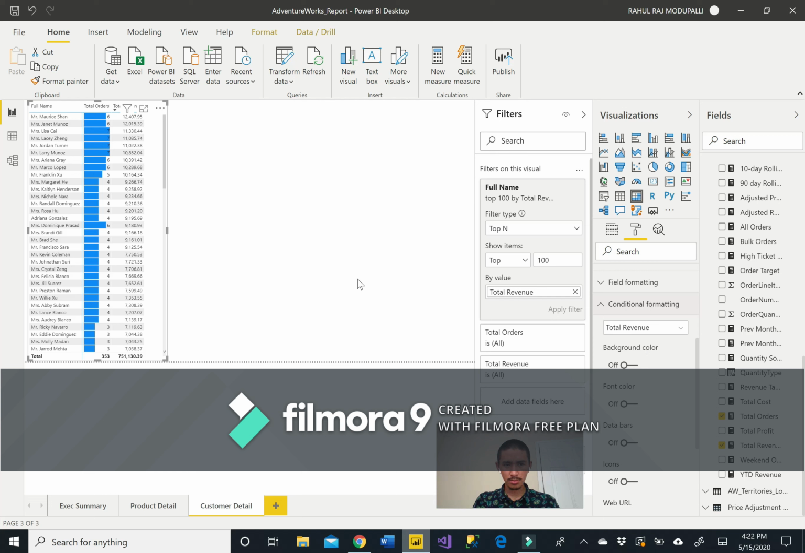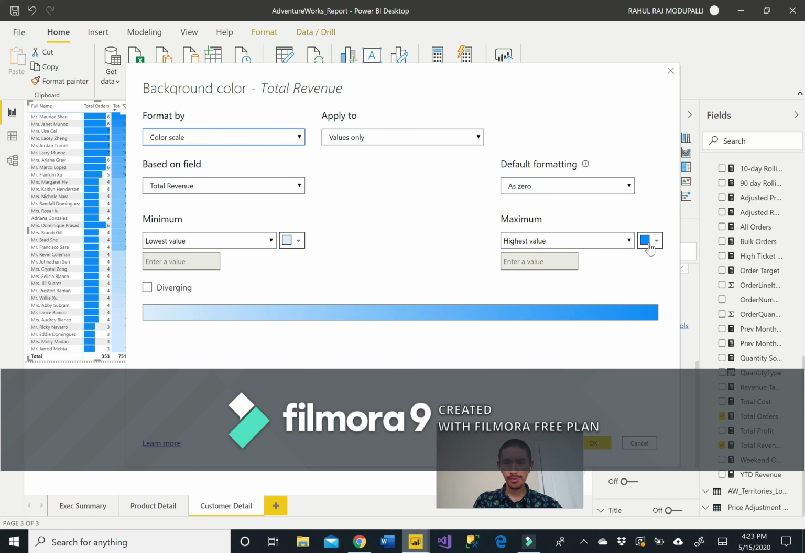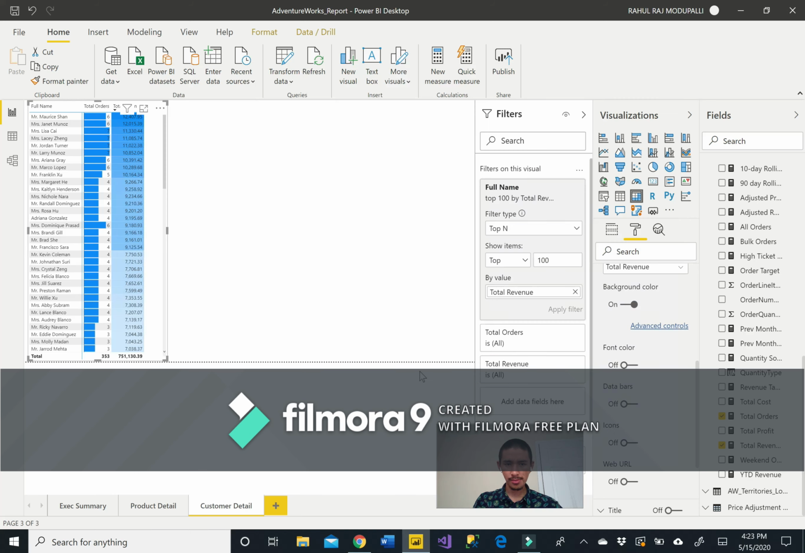And then you have advanced features out there, advanced controls, and then you can change the color. So let's say you want the highest value to be red, and then the lowest value, let's say white color. So press OK, then boom, yes, boom. It's as simple as that, but super useful